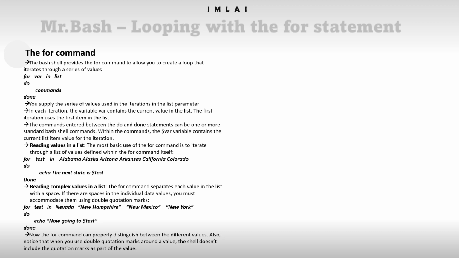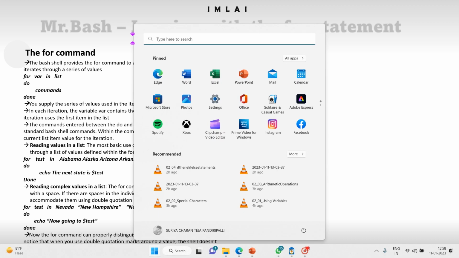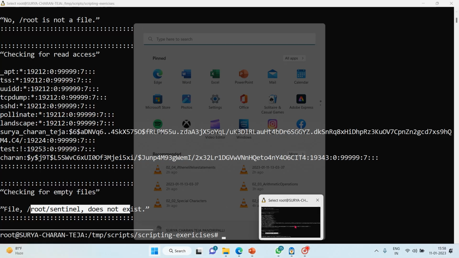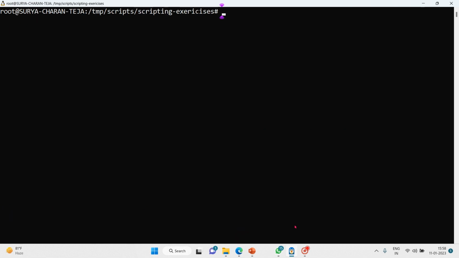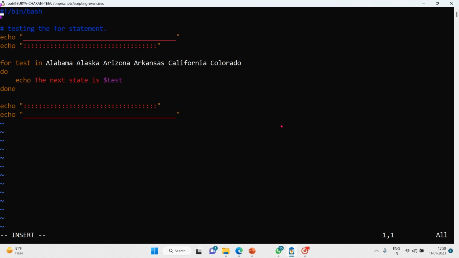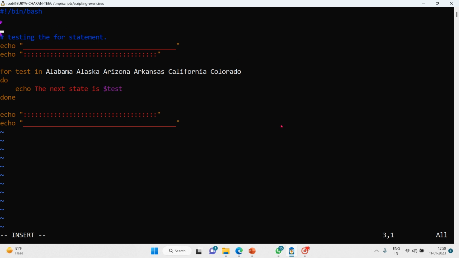So let's take one example as an exercise and we'll see how this works. So let me clear the screen first. Yes, it is done. Vim it, and the name of the file I want to give is 5 for loop, that is for.sh. Yes, it's a simple one. First shebang and bin bash, the shell has been mentioned, and after that our first module,